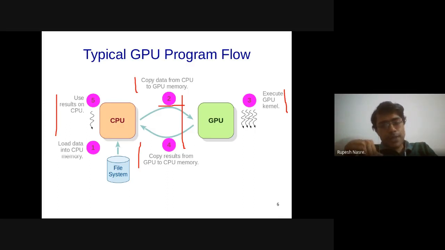Why could it be present? Because we already know that CPU memory is transient. The RAM that we are talking about in the context of the CPU is volatile, which means that as you switch off the machine, it goes away. How about the GPU's RAM? That is also volatile.